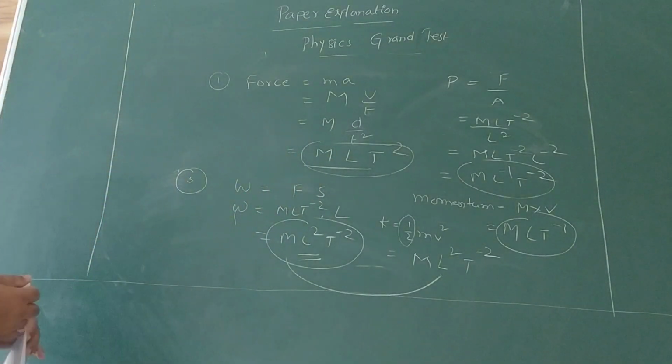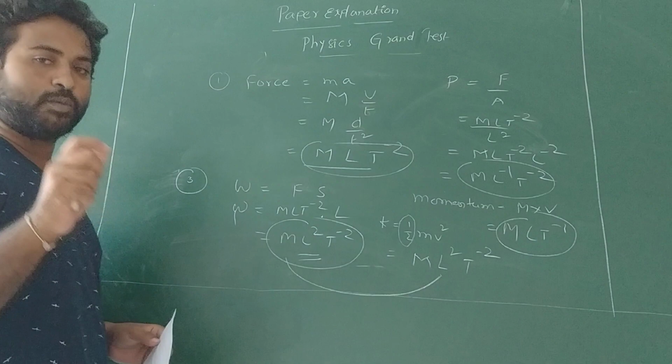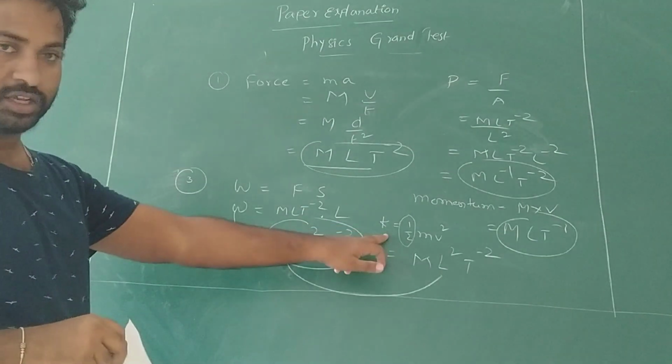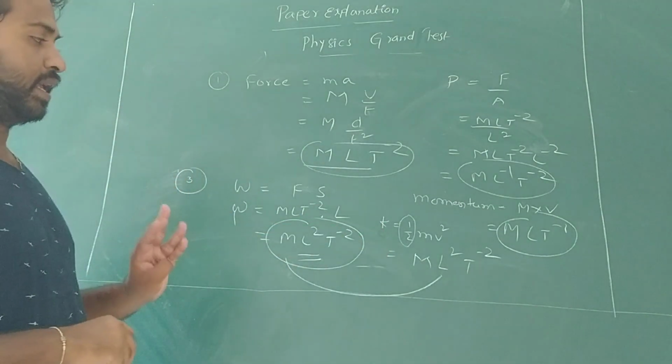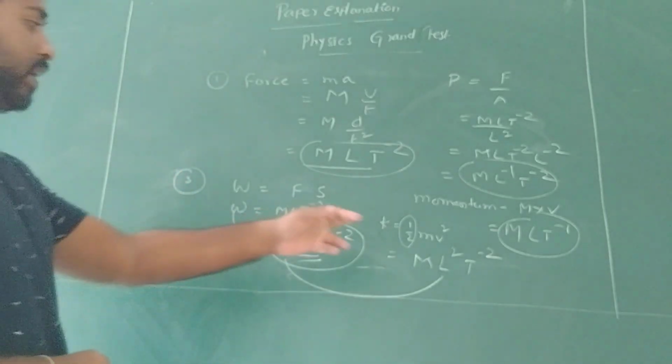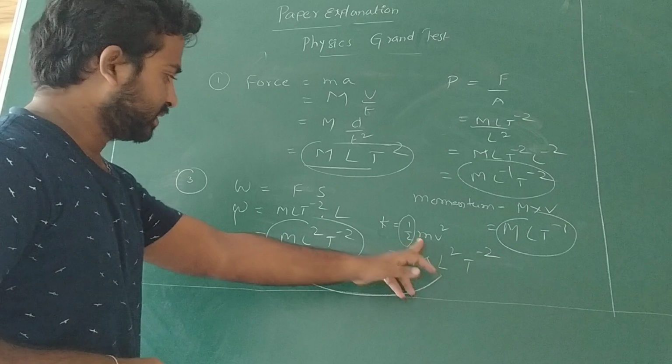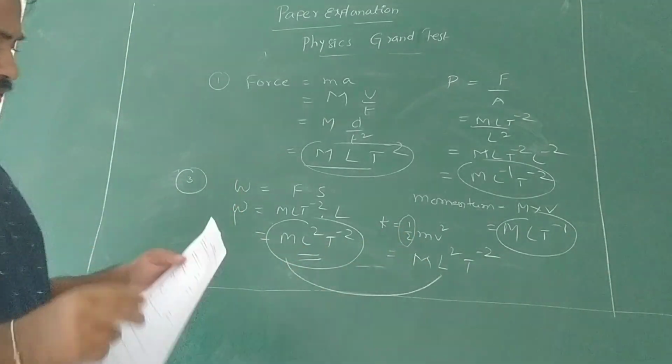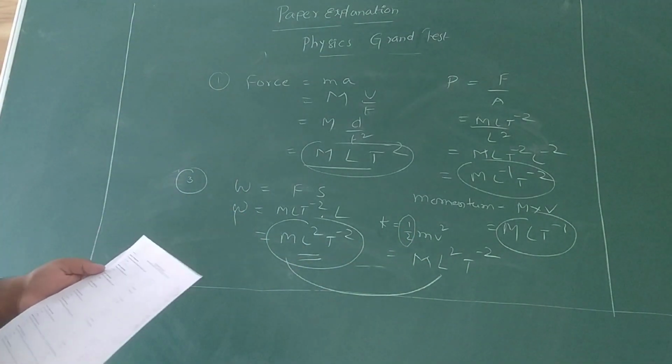And directly also we can write this one. Why? Because work is also a form of energy, and kinetic energy is also energy. Already I told clearly, for all energies the SI unit is joule only. So for that reason, the dimensions of kinetic energy are the same as that of work. So the second question answer is C, work.